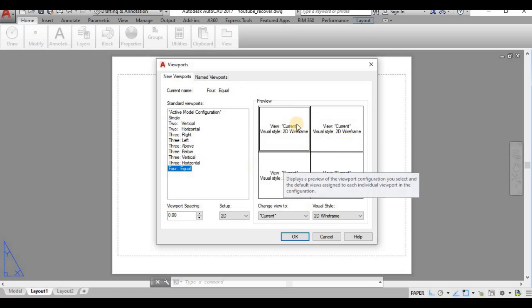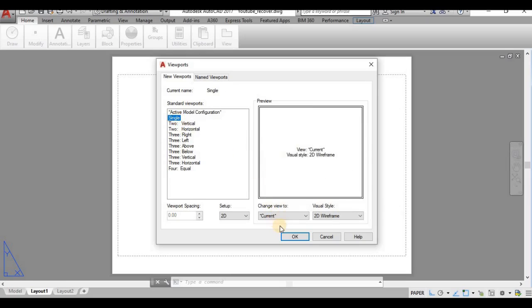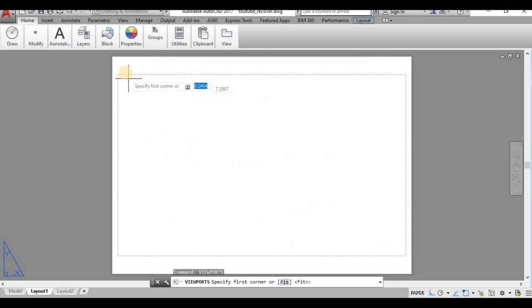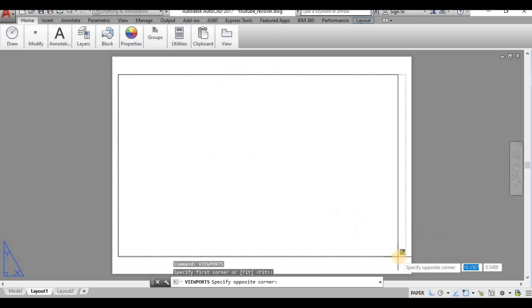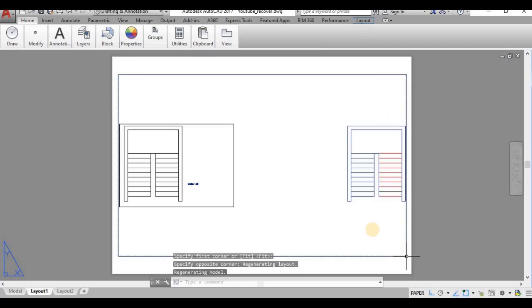These are readily available. I need a single, so I shall choose single. Then I need to specify the location from here to here.